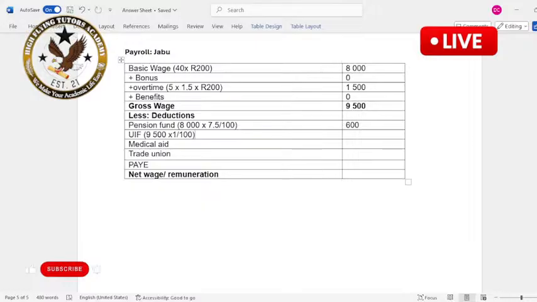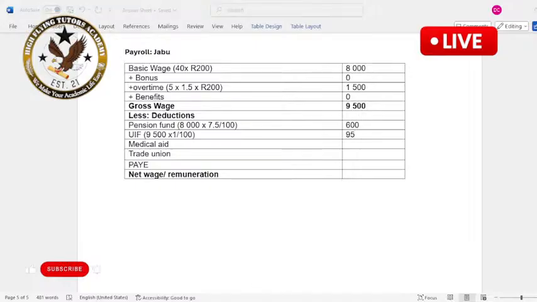So how much is your answer for this one? 95. So we're going to record this 95 now. You know why? Because the question says, note, the maximum contribution must be 177.12, but if it's below, then we are fine. We are still fine. So for Jabu it's 95, unlike for Henry, you remember. So for Jabu there, 95. We are done. I hope you guys got why sometimes we use the basics, because the instruction is given on the paper. Alright, so now let's go to